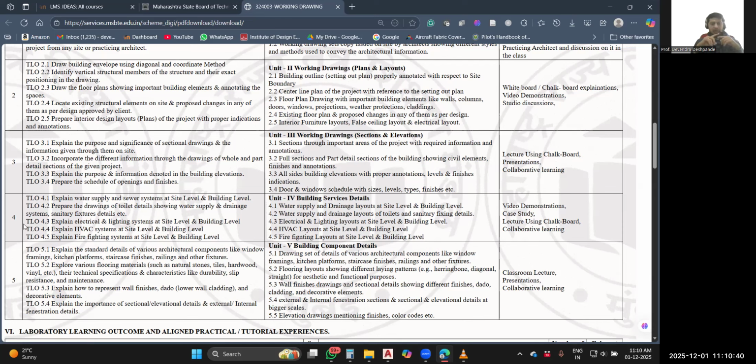So we are going to prepare water supply and drainage layout at site level and the building level. The next TLO is to prepare drawings of toilet details showing water supply and drainage system, sanitary fixture details, etc. So there we are going to provide information regarding water supply and drainage layouts of toilets and sanitary fitting